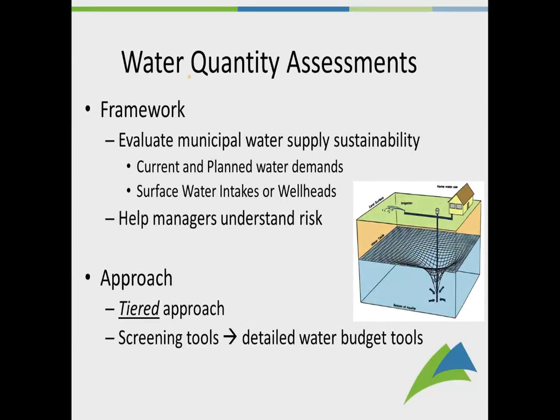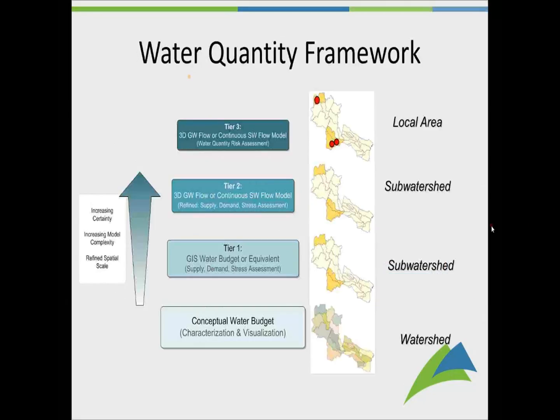So in order to assess potential water quantity issues, the sustainability of municipal water systems must be evaluated. This includes examining potential quantity issues under current and planned demands. And the approach from the MOE is a tiered approach from simple screening tools to a detailed water budget or numerical modeling tools. And that's shown in a little bit more detail, where we go from simple conceptual water budgets